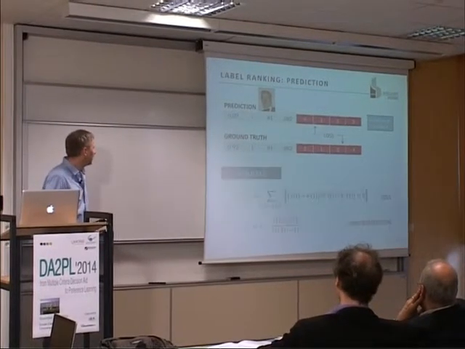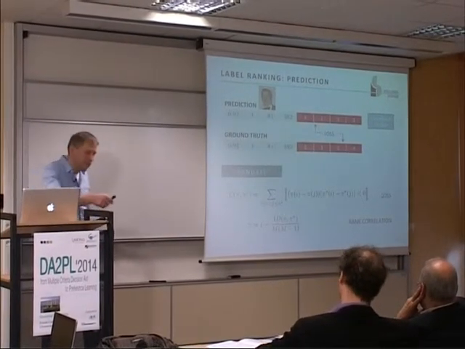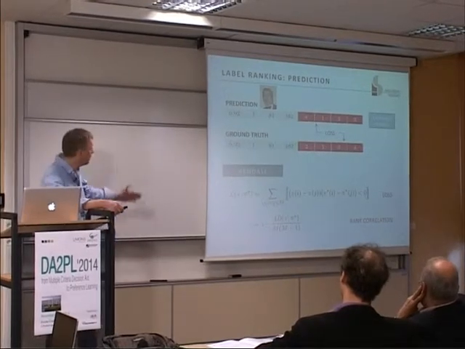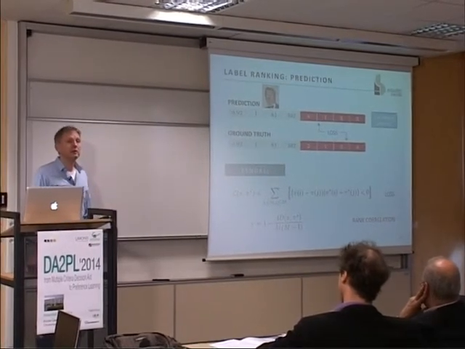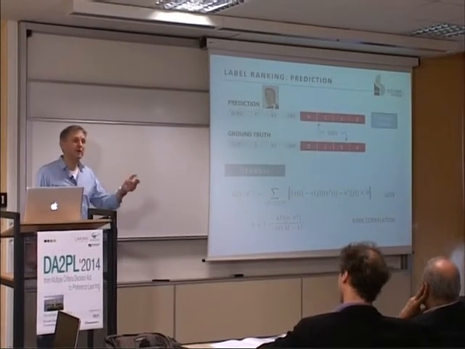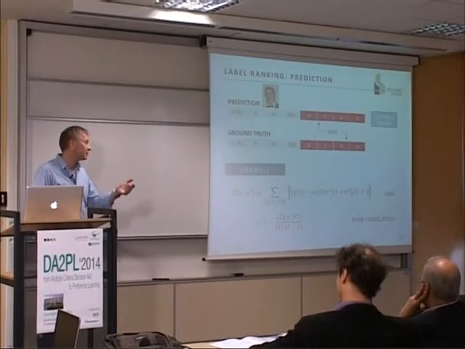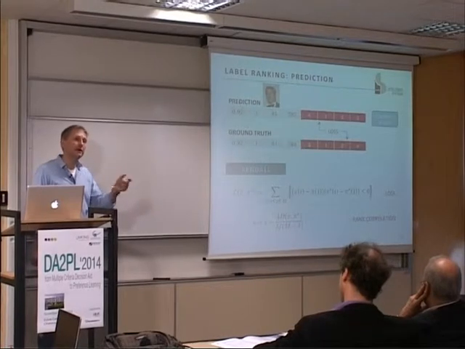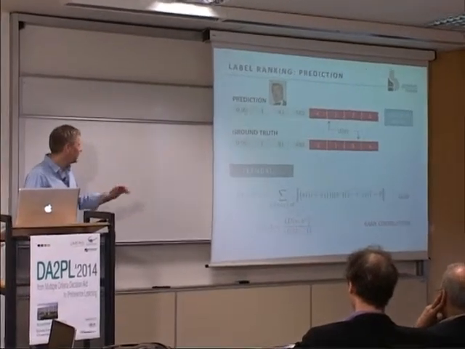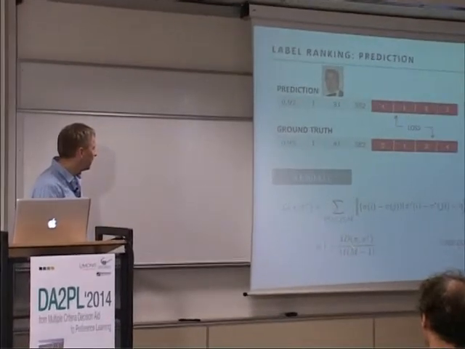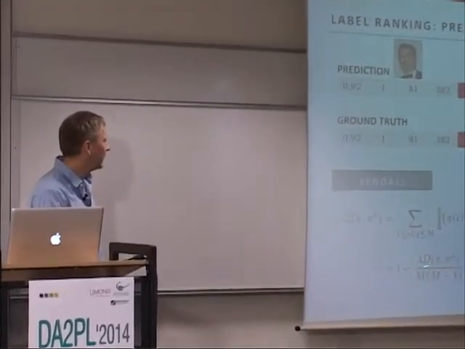Then what we need is a loss function. And there are many different loss functions we may apply. For example, we may look at the Kendall loss, which just counts the number of pairwise inversions. So the pairs of journals, for example, we rank in an incorrect way. Yeah? This loss function is related to the well-known Kendall rank correlation, which is just a linear transformation of that loss function. So this is what we, for example, could use in order to evaluate, to assess a prediction.